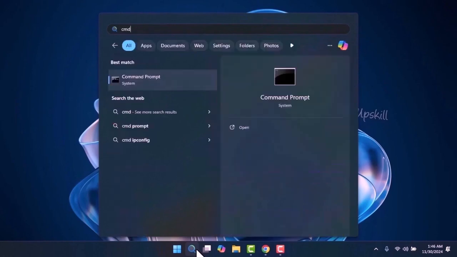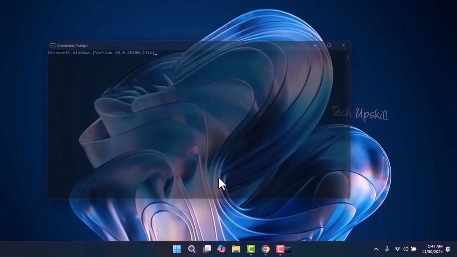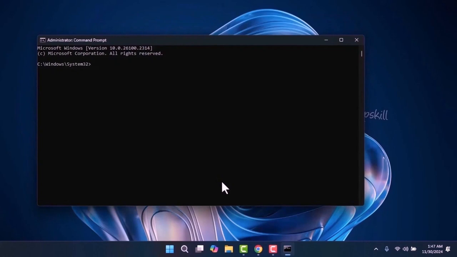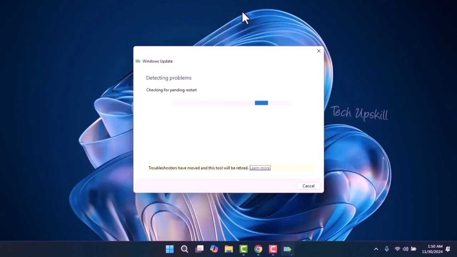Open the Start menu, type CMD, and run as administrator. Then write this command: msdt /id WindowsUpdateDiagnostic, which I will leave in the video description. Click Next to allow the system to automatically detect and fix any issues. Once the process is complete, restart your computer and try updating your PC again to check if the problem is